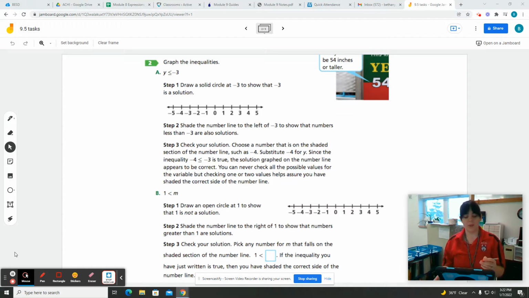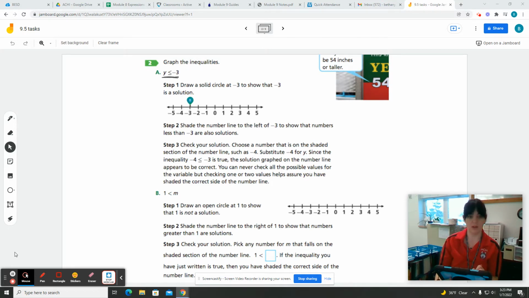When we have an inequality, sometimes it looks like this: y is less than or equal to -3. When we have less than or equal to, that means it can be less than or it can be equal to. So we're going to use a solid circle at -3 to show that -3 is a solution. There are two different ways that we can write this. When we graph this at -3, we're going to